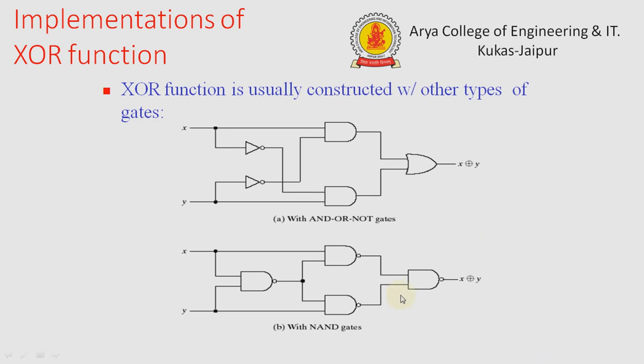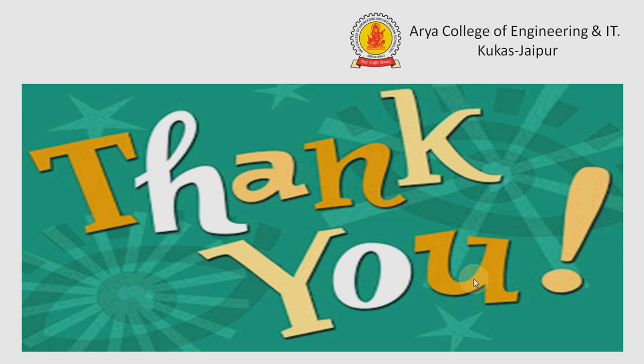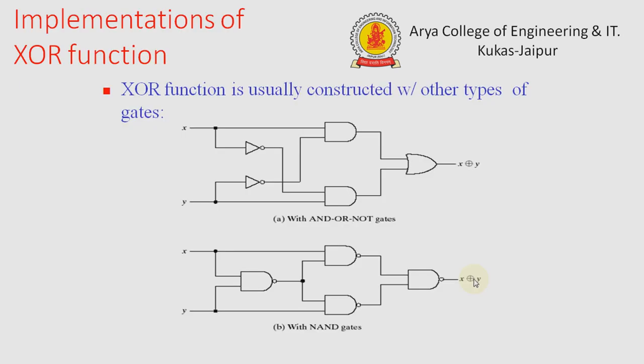Now this is the XOR gate and we get XOR with NAND gates. Here we can see the inverted input is applied to both AND gates, and then an OR gate is applied. In the NAND implementation, the input is applied to both NAND gates, and both of those NAND gates then go to another NAND gate, and we get the output as X XOR Y. So these are the implementations of basic gates through universal gates.